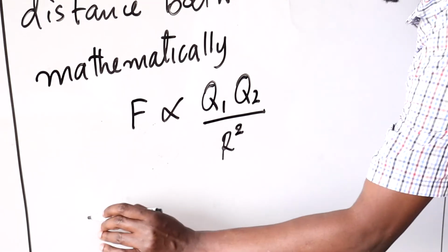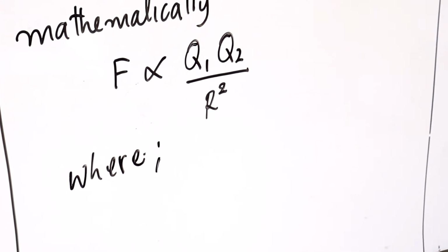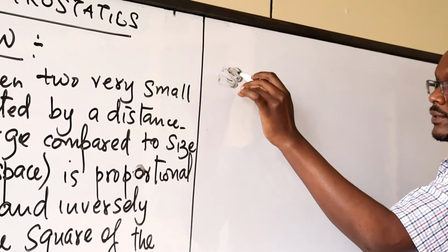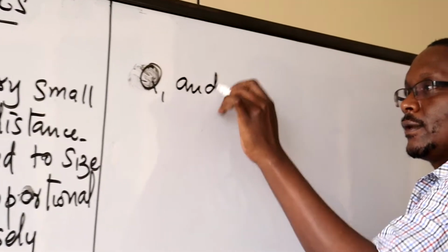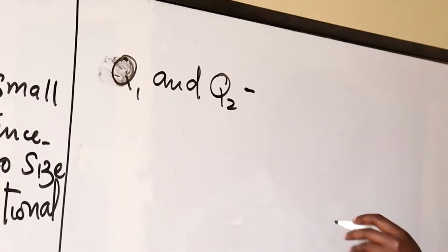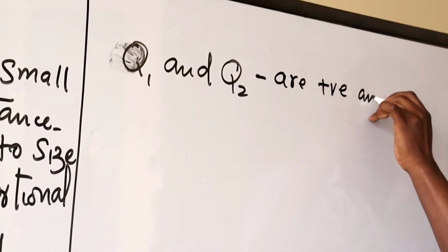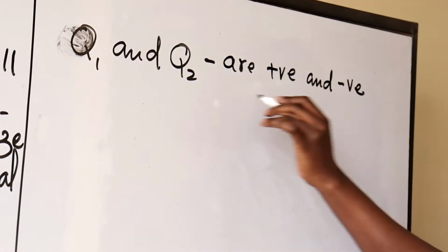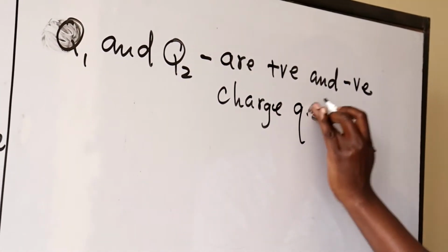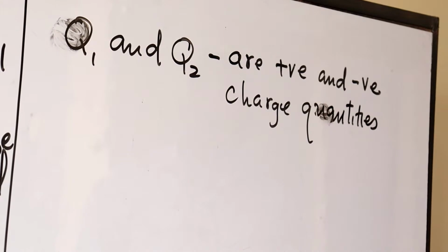So we can say where Q1 and Q2 are positive and negative charge quantities,